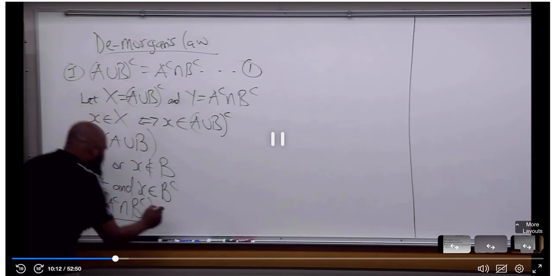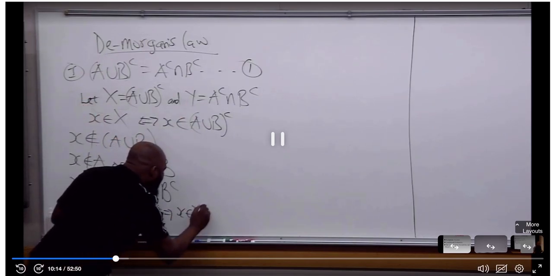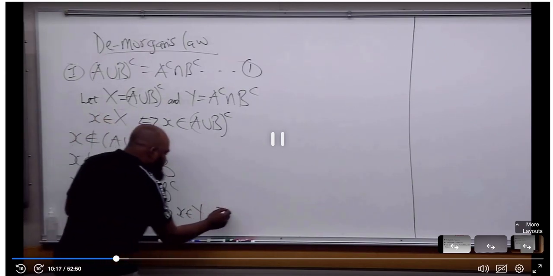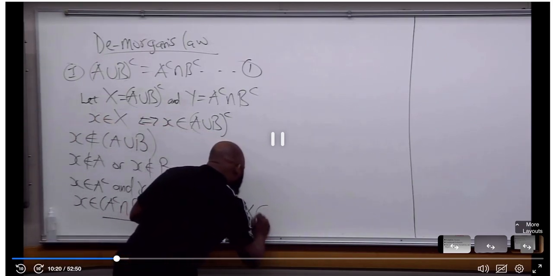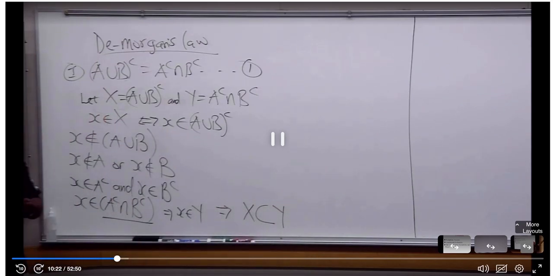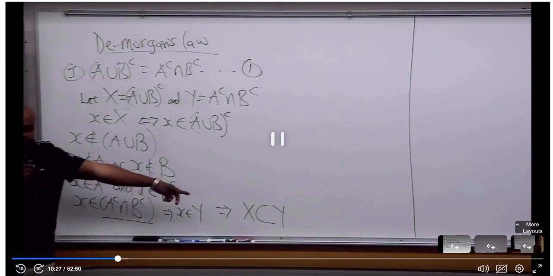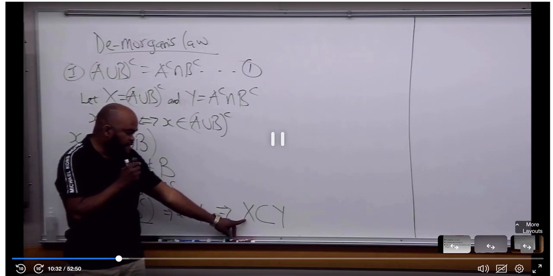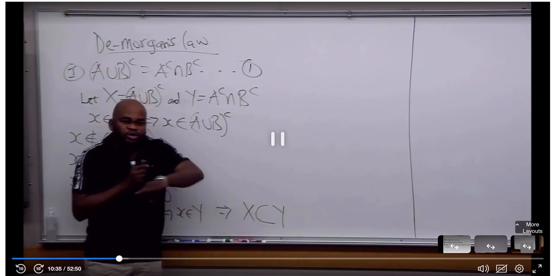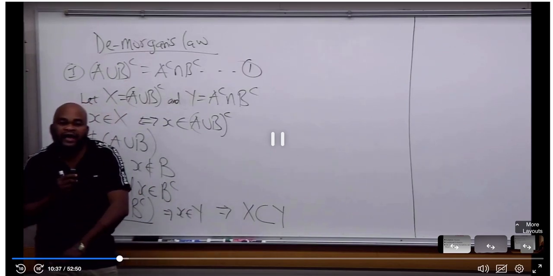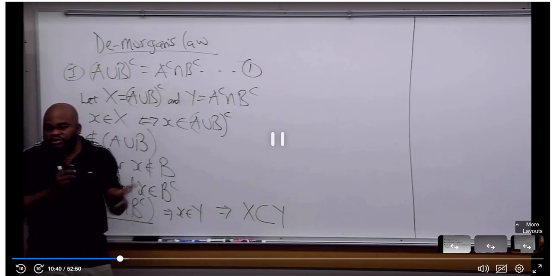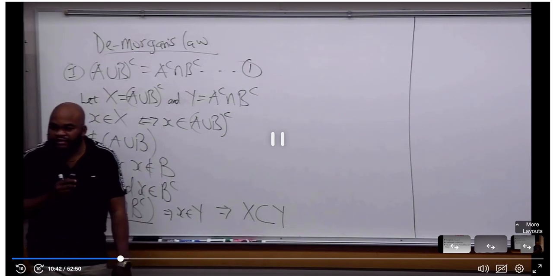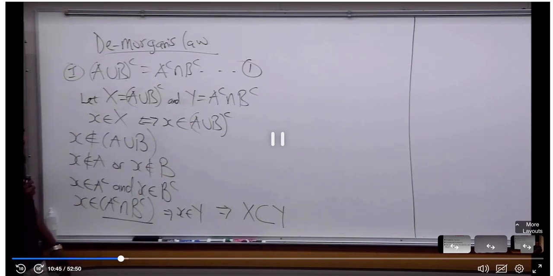So this implies x lies in Y, and this implies X is a subset of Y. Take a look at this. You know what I want to prove? If I'm able to prove that X is a subset of Y, and I'm also able to prove that Y is a subset of X, then I'm going to say X equal to Y. Does that make sense? I'm going to make a conclusion X equal to Y. So this is the first part of the proof.